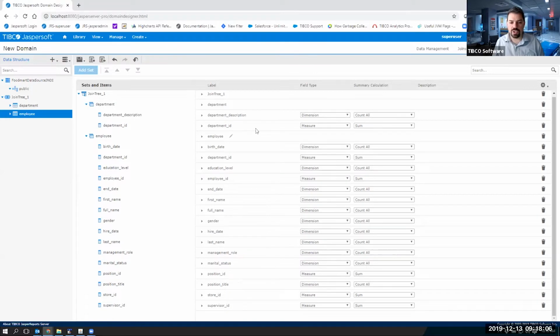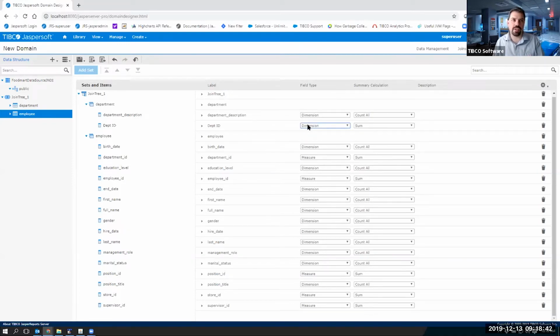This is actually showing you a lot of information, like what the user is seeing on the actual screen. So department ID is the name of the field. Maybe I want to change that. I can hit that little pencil and say, maybe I just want DPT ID. And you can also choose the field type. Now our system automatically says, hey, if it's a number field, an integer, or some sort of number, we assume it's a measure by default. But your IDs almost never are measures, right? You're not measuring on someone's ID. So you may want to go in and change those from measures to dimensions.